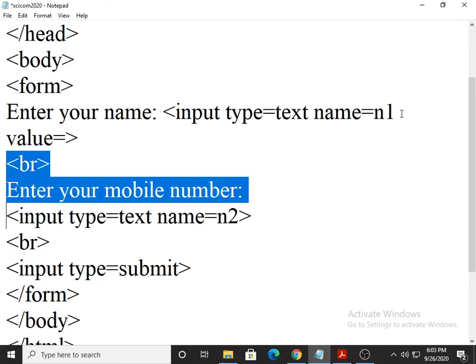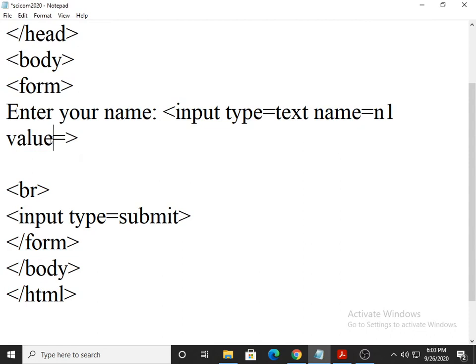Because the role of the value attribute changes based on the type. In the case of input type equal to text, the meaning of the value attribute is different. If I mention input type equal to radio, then the meaning of value is different. If I say input type equal to password, the meaning of value will be different.